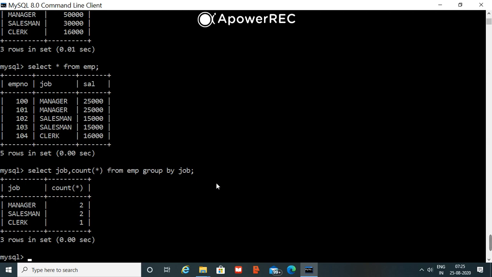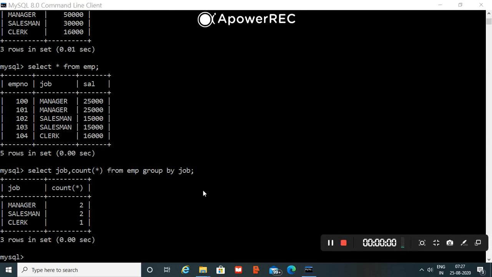Now if I execute this one, it will divide the table according to the jobs and show me the number of managers, salesmen, and clerks in my company.